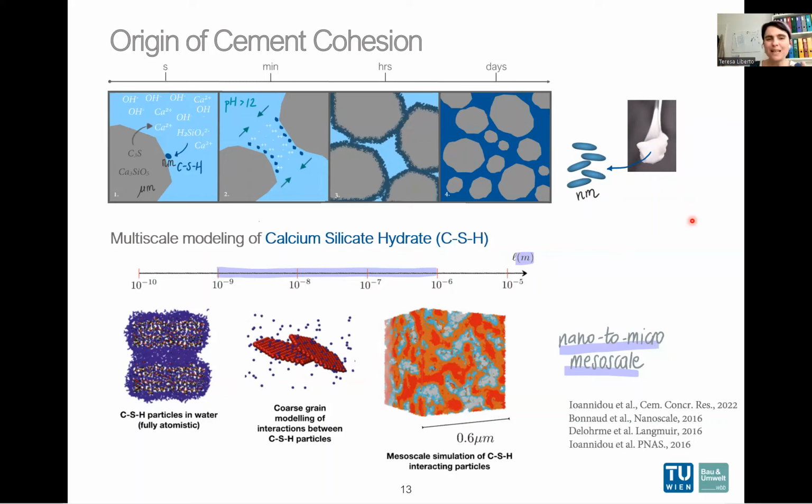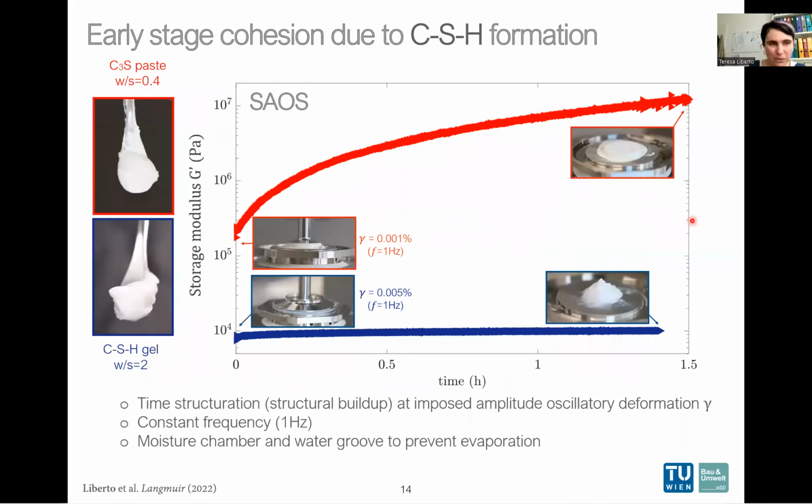So it would be really nice to also be capable of modeling what is happening at the very beginning, for me, now, the dissolution precipitation. So if someone wants to make a collaboration, because there is a very huge modeling community here, I'm more than happy. For now, what I can show you is how I trace the early stage cohesion due to the CSH